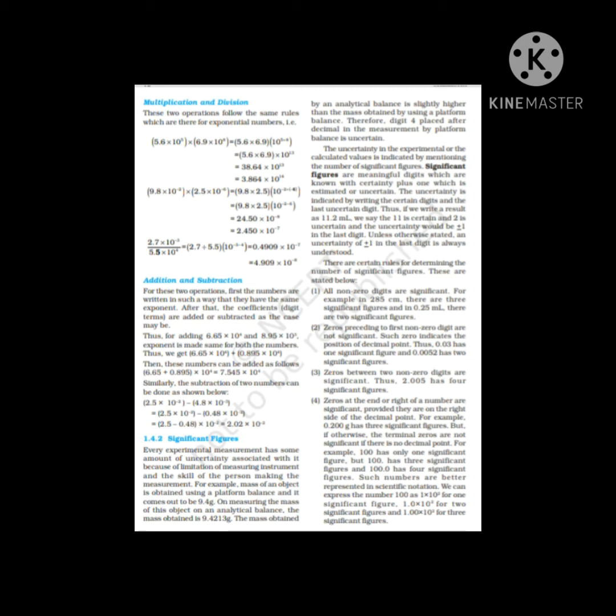In a number written in scientific notation, all digits are significant. That is, 4.0 into 10 to the power 2 has 3 significant figures, and 8.256 into 10 to the power negative 3 has 4 significant figures. However, one would always like the result to be precise and accurate. Precision and accuracy are often referred to while we talk about measurement. Precision refers to the closeness of various measurements of the same quantity. However, accuracy is the agreement of a particular value to the true value of the result.